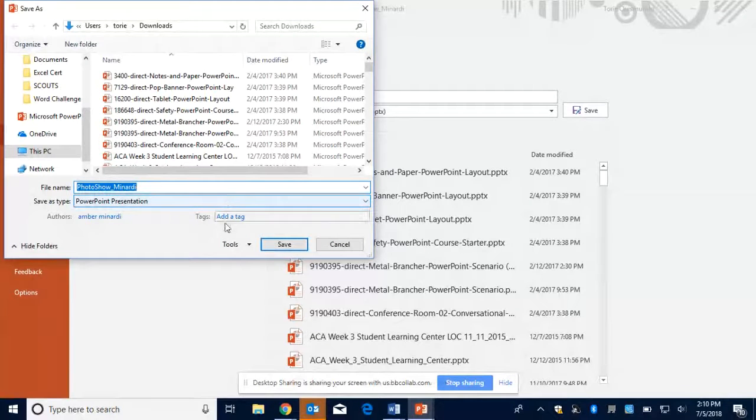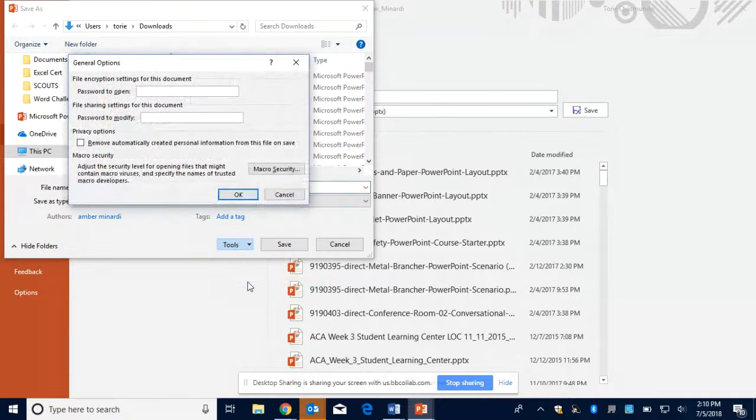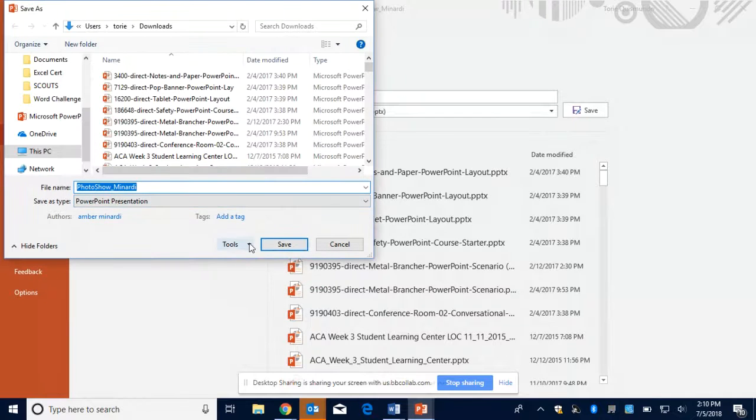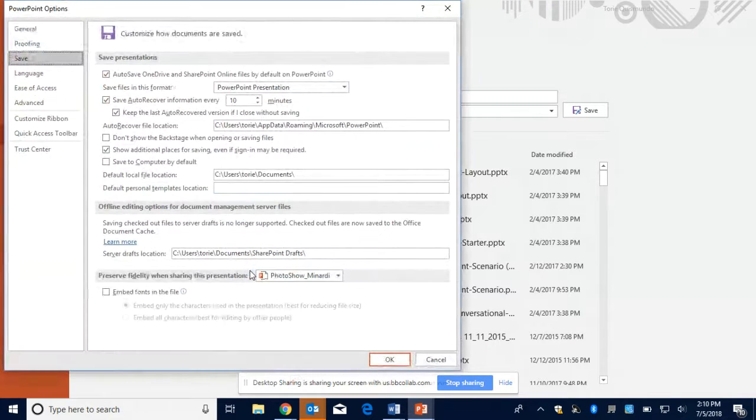As long as you have that up, here under Tools, I'm going to click this down arrow. I'm going to bring you to two places in here that you may have a question from. The first one is under the Save Options. Now let's do General Options first. General Options. Now let's go back to Save Options. In your Save Options here, it's going to allow you to make some modifications like